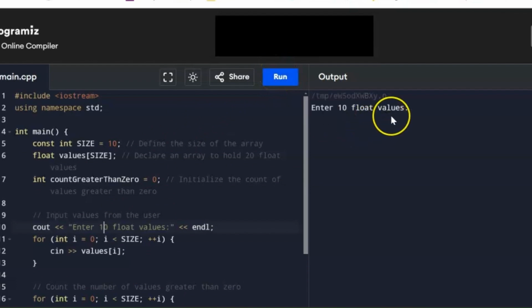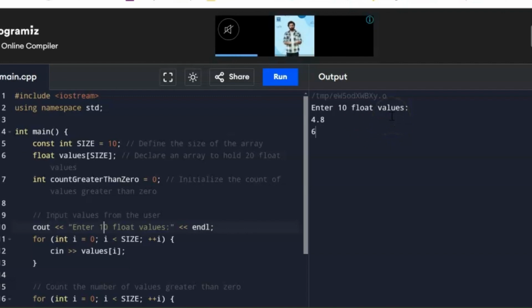So enter 10 float values. So you can give float values 4.8, 6.7, minus